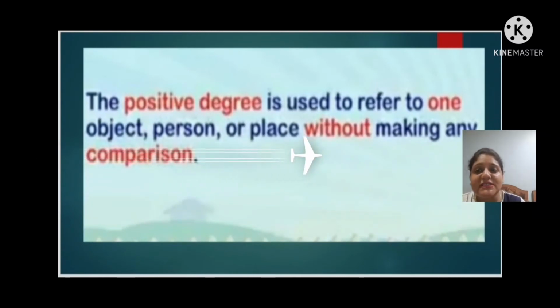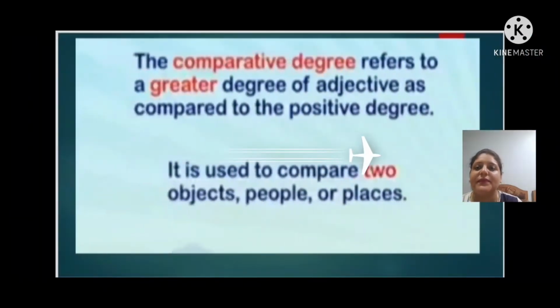The positive degree is used to refer to one object, person, or place without making any comparison. Positive degree is the base form of adjective. The comparative degree refers to a greater degree of adjective as compared to the positive degree.